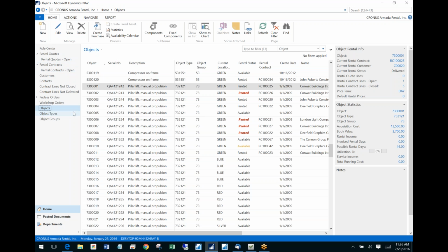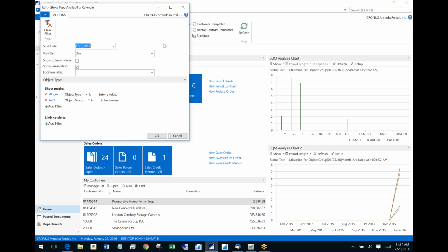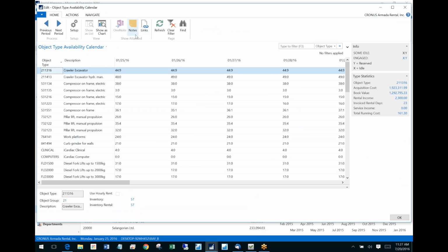We can also, to get back to our availability, we call the object type calendar, and this is used in the case where someone calls in and says they need a particular type of equipment. So using this page, we can look and say, okay, by our type of equipment, I've got my crawler excavator. I have 44 in inventory right now, and I have 9 of them that are reserved. I can drill down on this number,